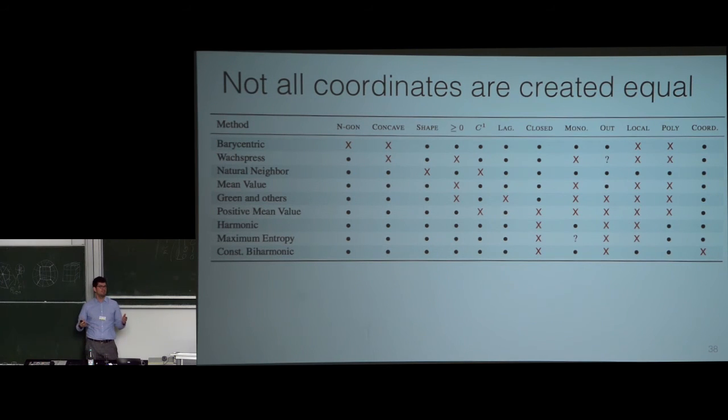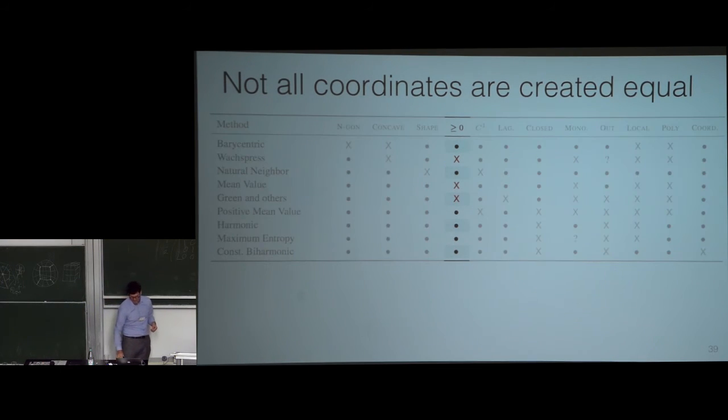And the game of generalized barycentric coordinates is to come up with a new coordinate scheme that works not just for triangles, but also quadrilaterals and pentagons and so on, that fulfills as many of these properties as possible. And so far to date, you can see, I don't expect you to really parse this entire thing, but the important part is that not all of these properties are actually being satisfied by any particular group. In particular, it seems that the positivity requirement, that the coordinate functions are between 0 and 1, really seems at odds with the property that the,